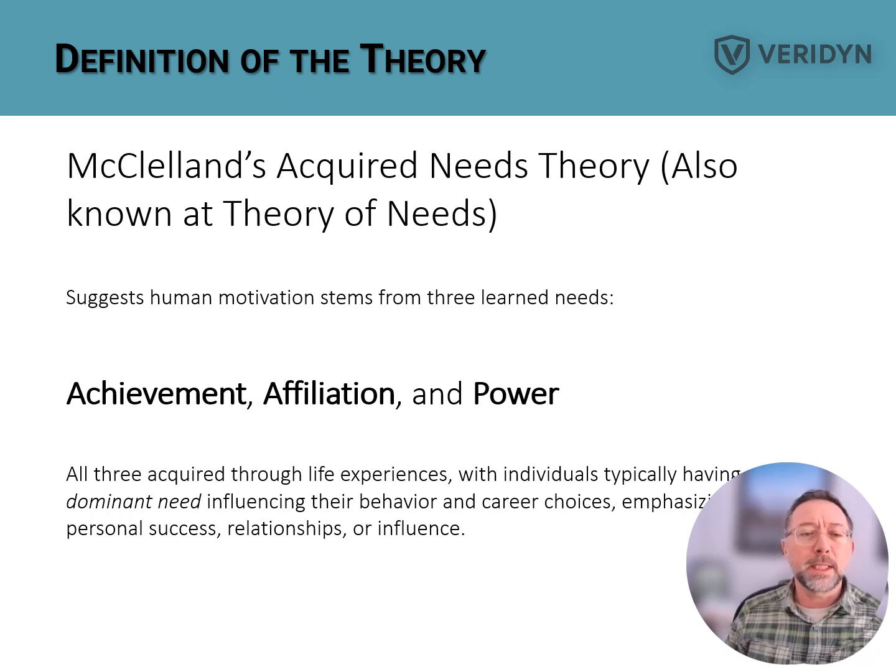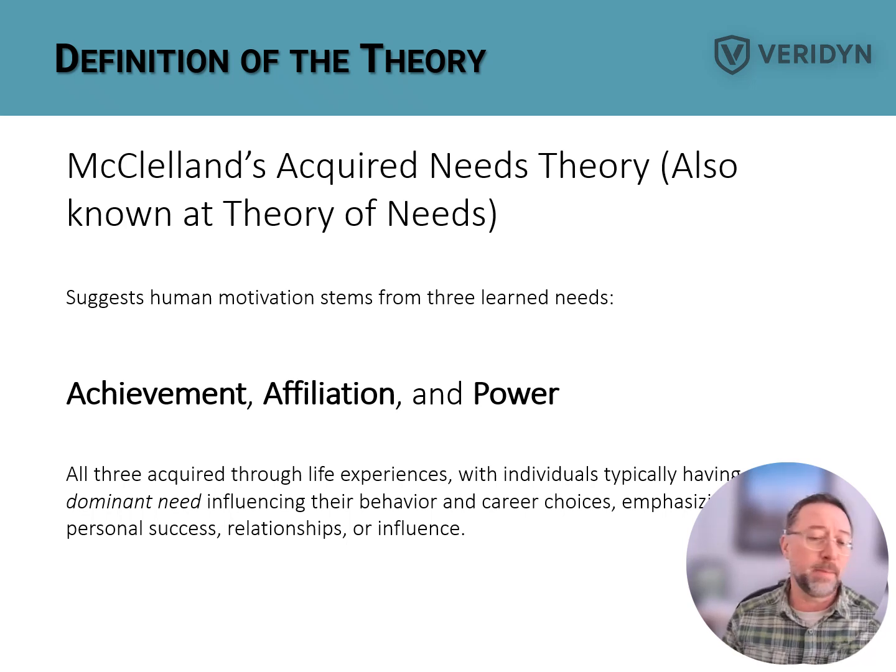So McClelland's acquired needs theory is actually known by a lot of different names: theory of needs, the three needs theory. There's a couple ways to describe it. I like the three needs theory because it comes from the idea that there are three basic needs. The acquired needs theory is what most academics use, and that comes from the idea that McClelland felt that these needs were acquired, not innate. He has achievement, affiliation, and power as those three needs for motivation, acquired over time through life experiences,